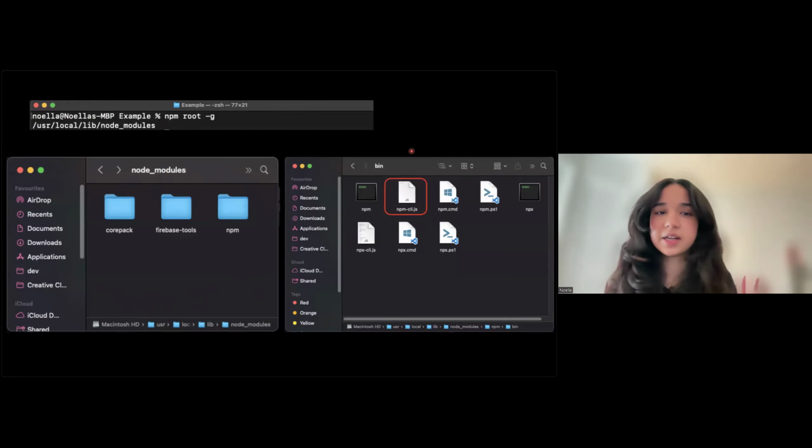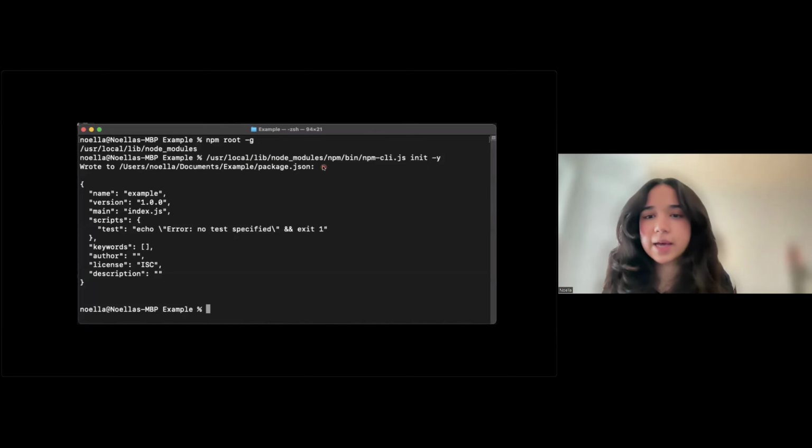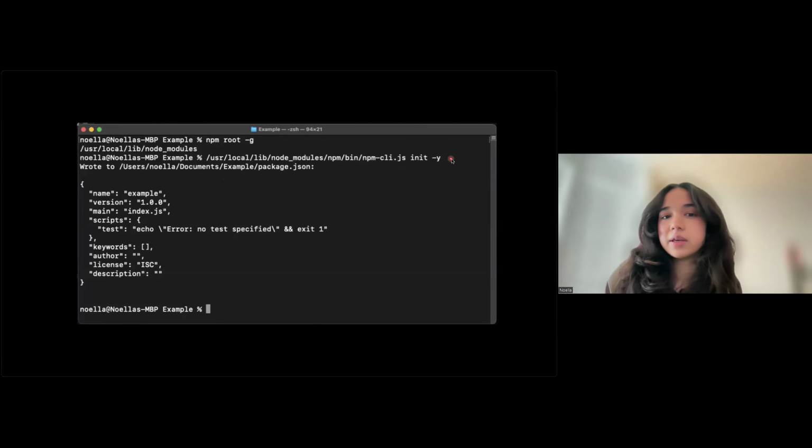And so just to test that it all works, we can run the exact same command that we did before, which is npm init -y. But instead of giving it the command,